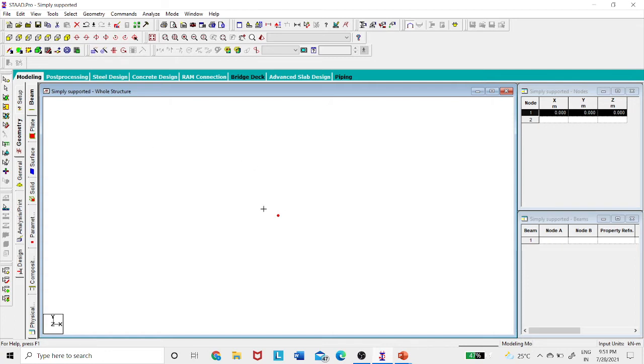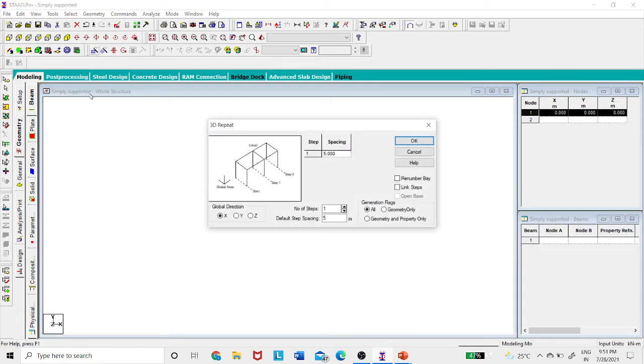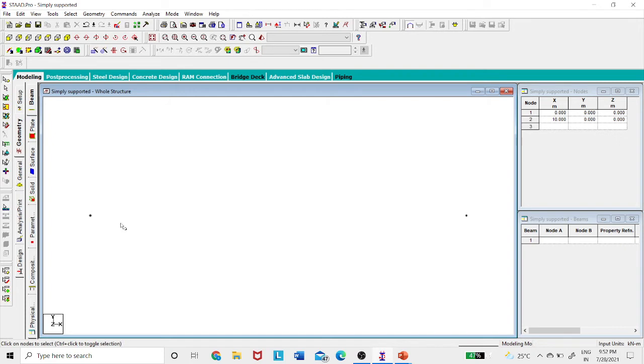Right, so after selecting this node, there is an option called translation repeat. The rectangular box with one stick here is translation repeat. Here in the X direction I want only one point, with a spacing of 10 meters. So I click on this 10 and say OK. Now you can see there are two nodes here. Now I have to connect a beam between them. There is an option called add beams. Click on this, click on the first point and then click on the second point.